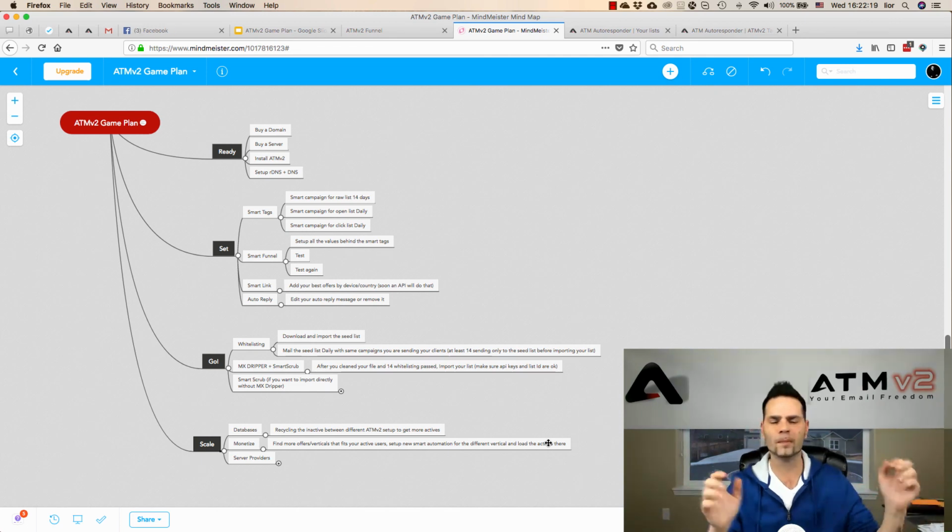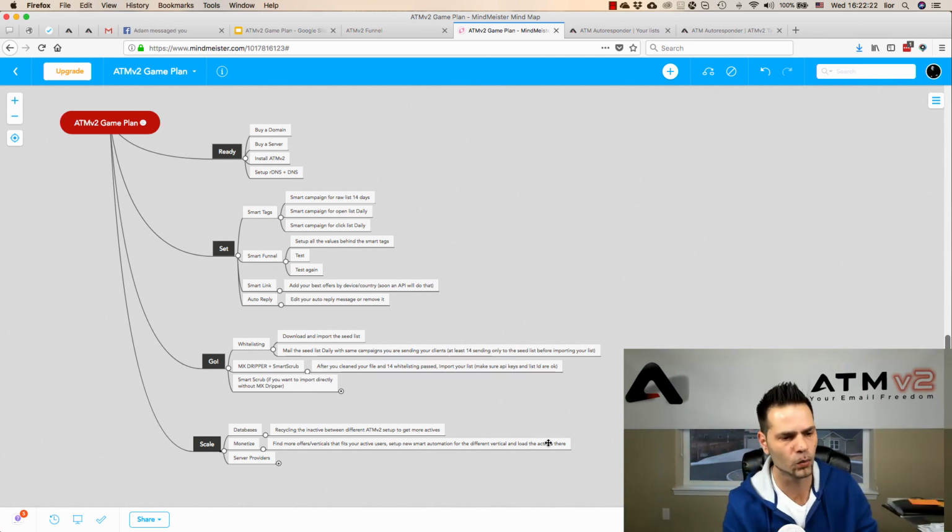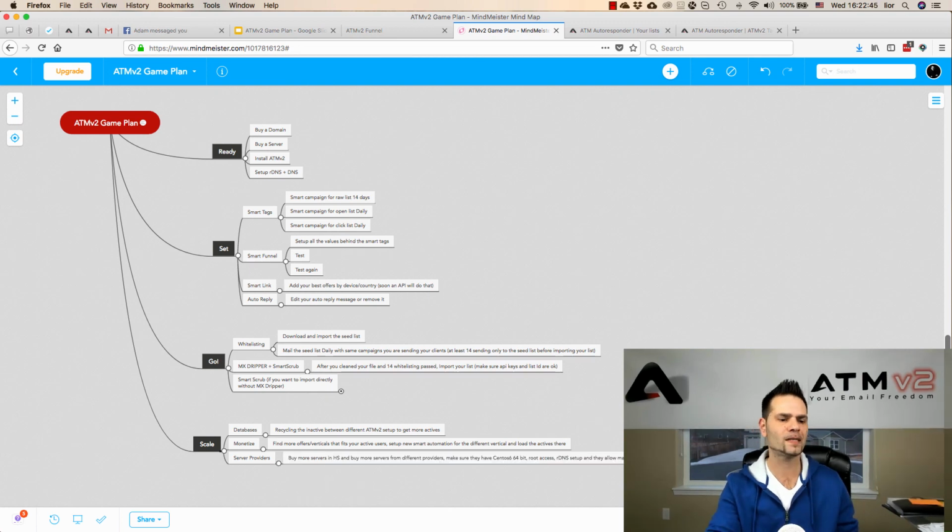But you can use Mailgun, you can use SendGrid, you can use whatever you want to send your actives and double the amount of opens and clicks, okay? Because we know for sure they are clean, they are not spam traps, and we know they are active. You can even import them to Aweber or wherever you want, because they are good active leads, okay? That's really important. And the next step will be to also scale with the server providers, because different server providers have different IPs, different ranges, different inbox,